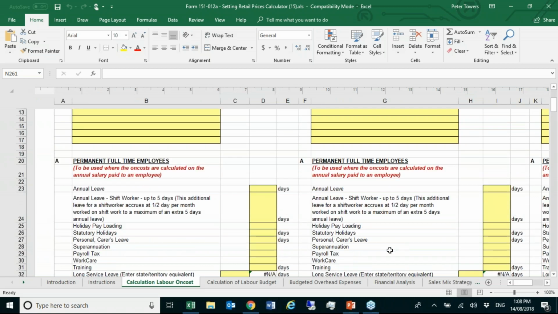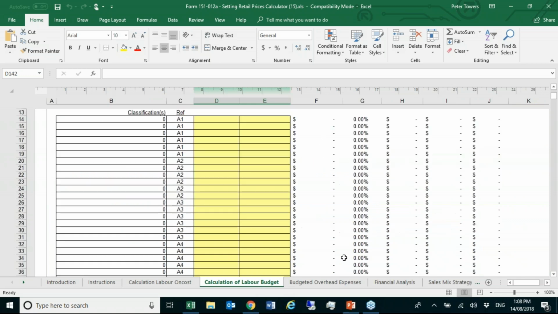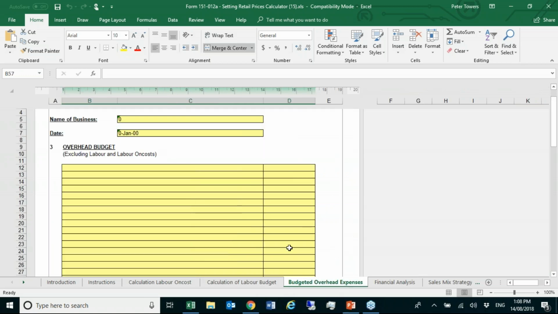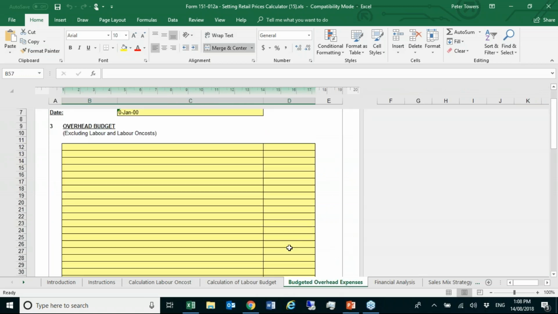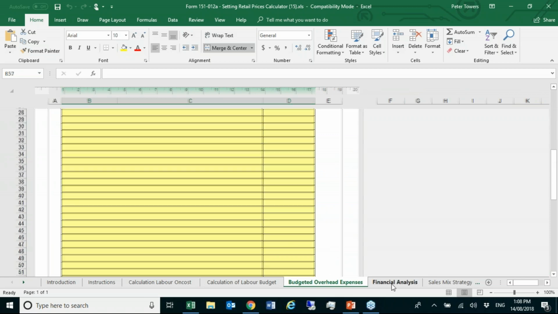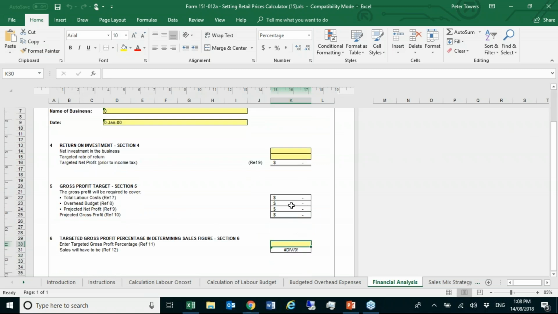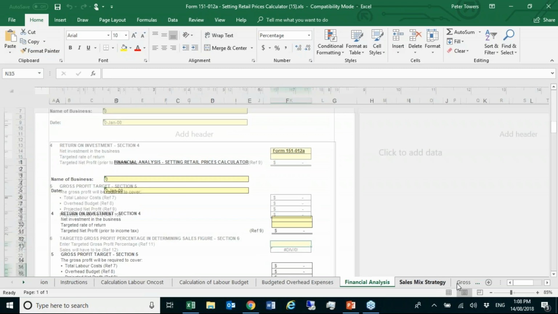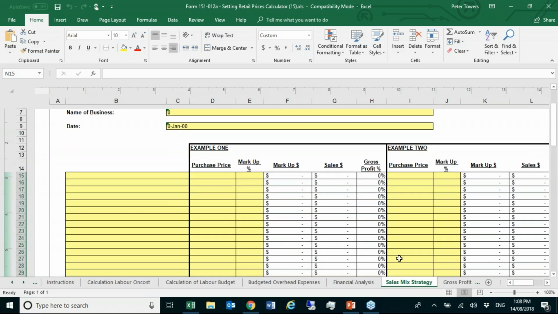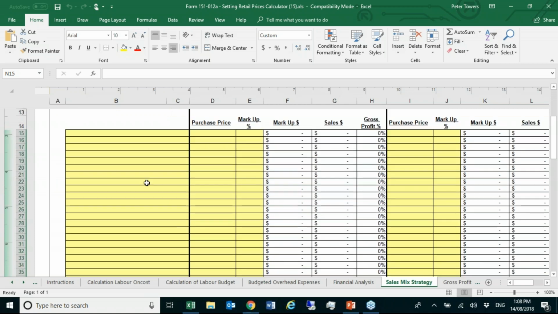Whereby you can put in different classifications, the calculation of the labour budget, the budgeted overhead expenses, which you would insert, the financial analysis, which is looking at how much is invested in this business, what's the desired rate of return, what's the projected gross profit, and the system will do that for you. There is then some calculations on the sales mix strategy, whereby you list products, their purchase price, current markup